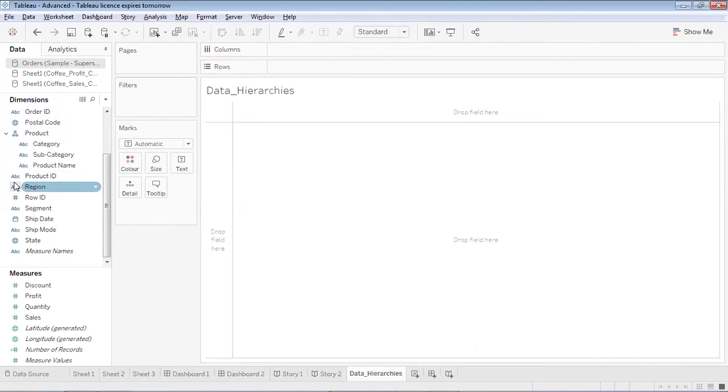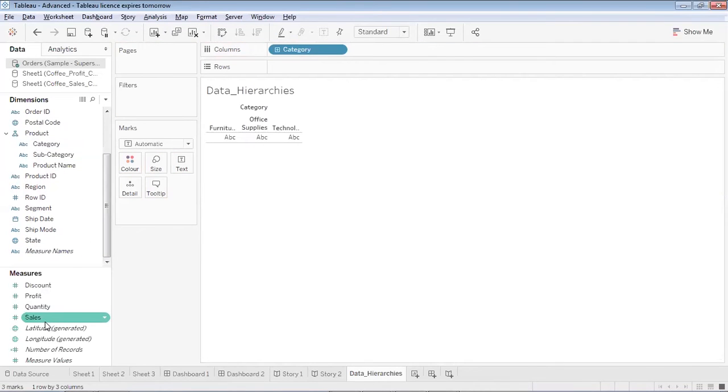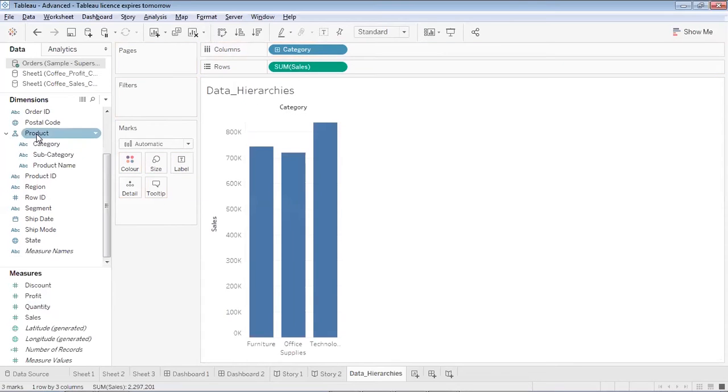And now whenever I have to create a subcategory, I can directly place this product over here, and I can directly place this sales over here. So when I have given the product name, this name is given to the hierarchy. But whenever you drag and place it on the columns or rows, you will get the name of the first member of the hierarchy. So although the name of the hierarchy is product, when you place the product hierarchy on the column, you will get the name of the first member in the hierarchy,